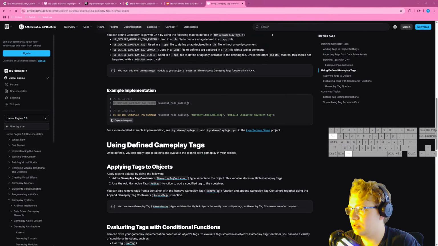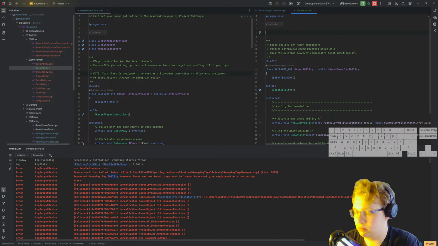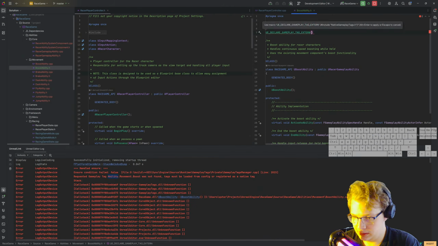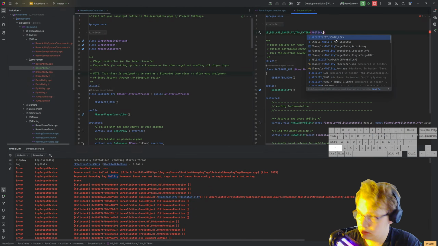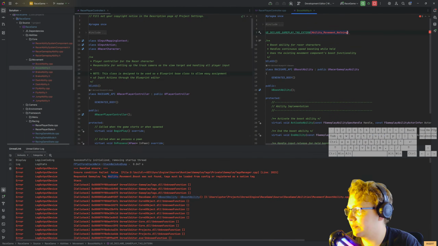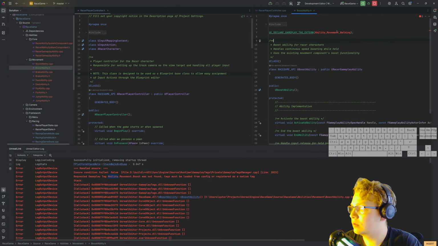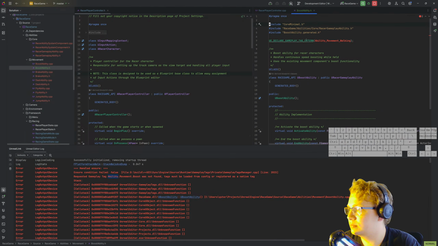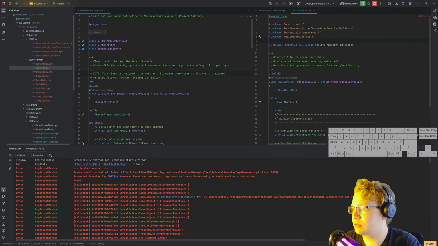So it would be ability, movement, walking. Why is that not happy? Use macro declare gameplay tag. Include native gameplay tags. Okay. Need to include NativeGameplayTags.h. Oh, I need this to only be